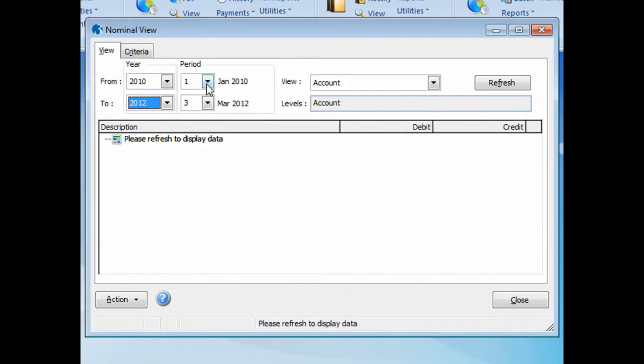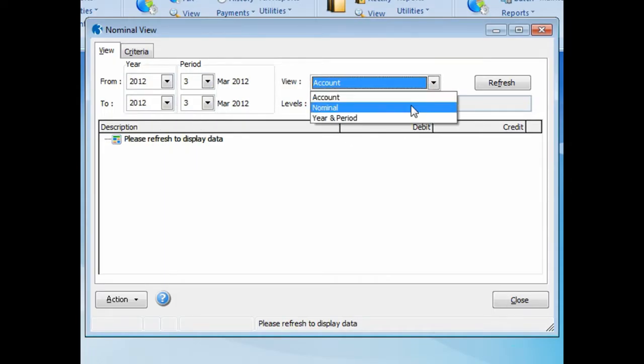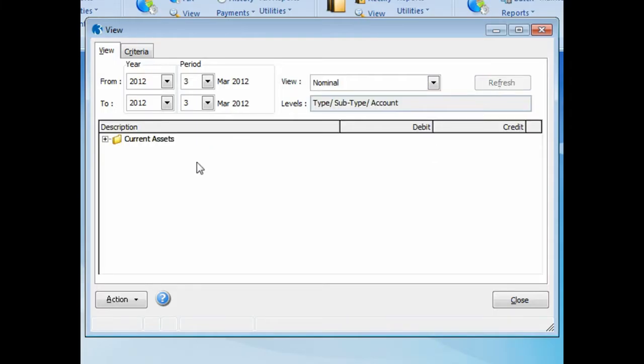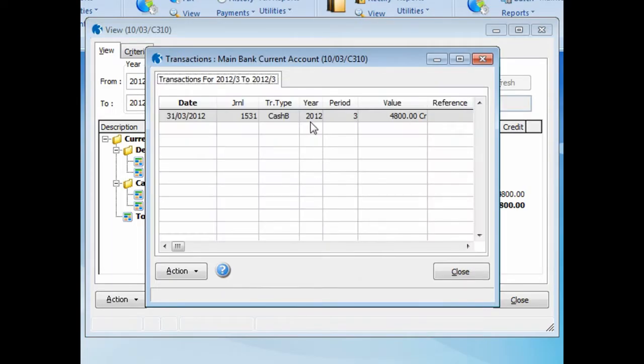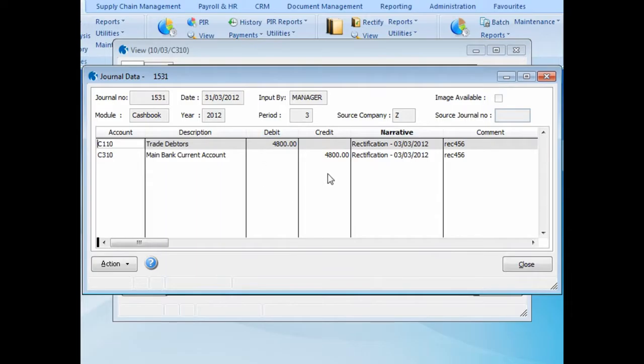period 3, 2012. I'm going to select a simple view by type, subtype, and then account, and then I'm going to hit refresh. And there, as we expand out our current assets, we can see that our trade debtors has been debited by £4,800, and also in our main bank account it has been credited £4,800, as we no longer have this cash in our account. And if we actually drill down into the journal data, there we can see the reverse posting of the original